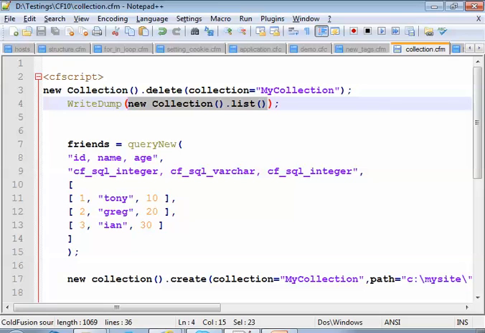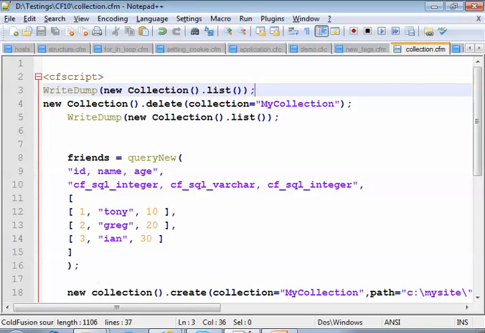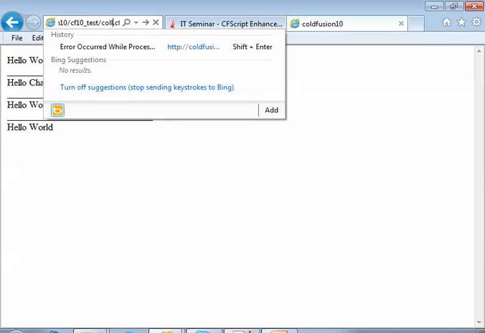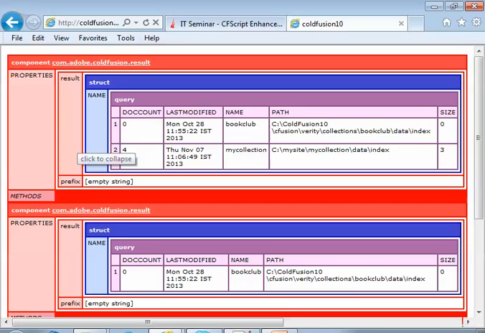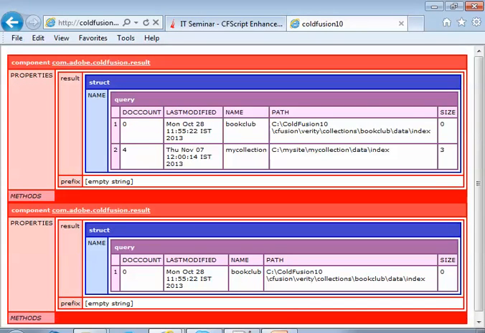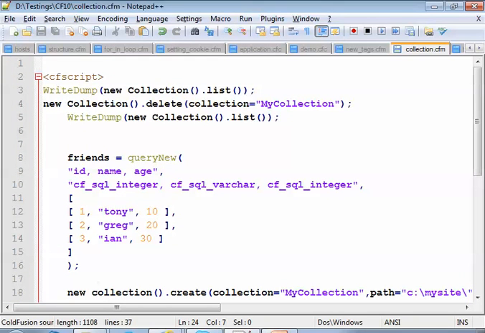You can see here. This one you can see. If we go through the code, first it will show the list, second we have deleted that collection, my collection we have deleted, third it will again show the list.